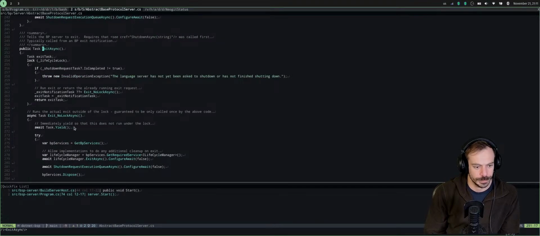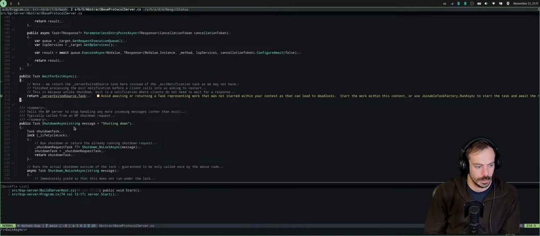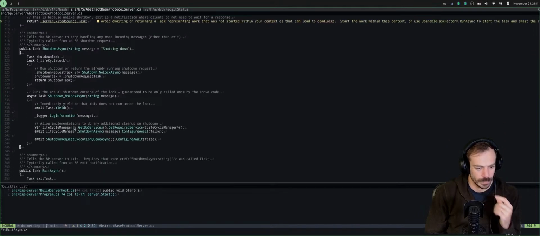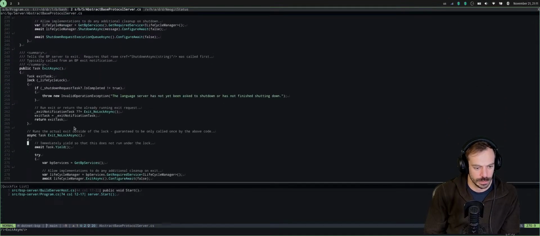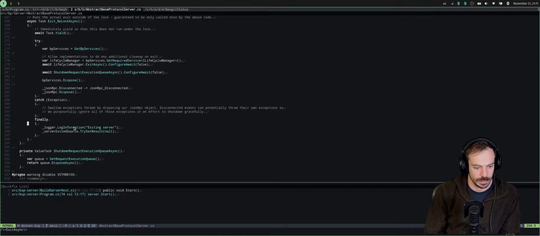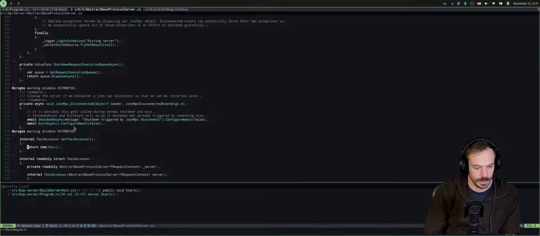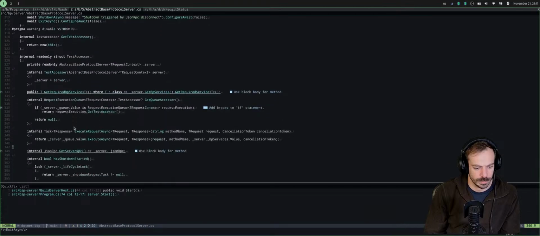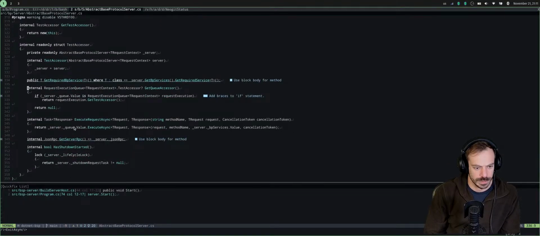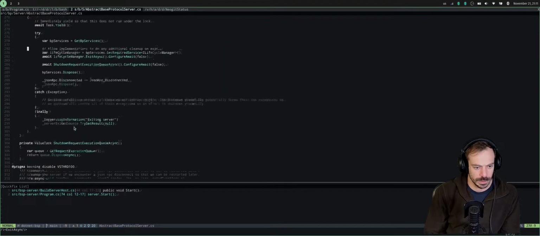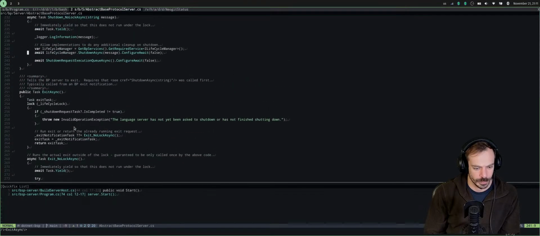I'm wondering where the exception is caught. Like we have, or we should have, this exit, this one: the language server has not yet been asked to shut down or has not finished shutting down.